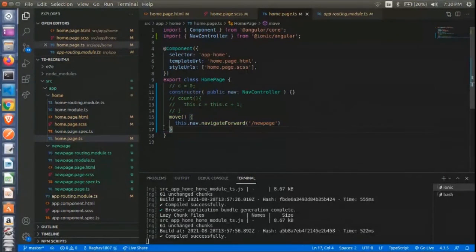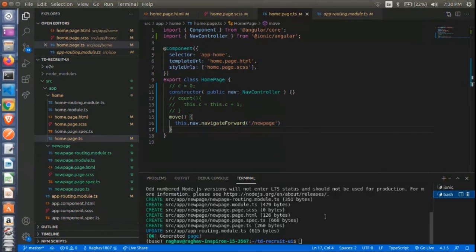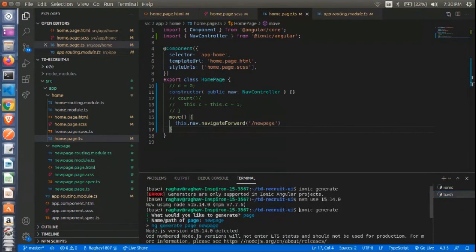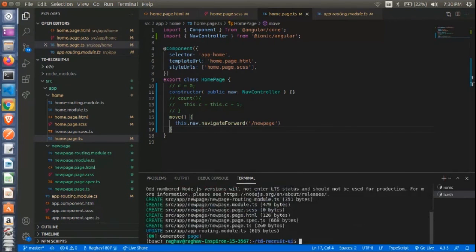Now in the move function, we need to navigate to the new page that we created. For creating a new page, I have shown you that we need to use the ionic generate command, which will ask us to first select which type of component we want, in which we select page. Next we give the name of the page, which we give as new-page, and it will automatically generate a new page.